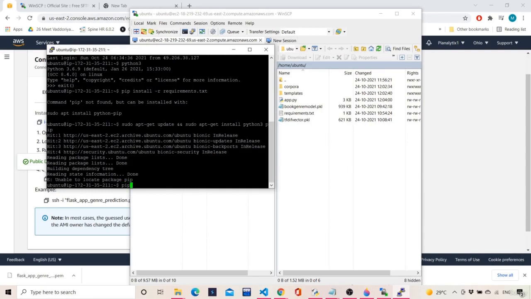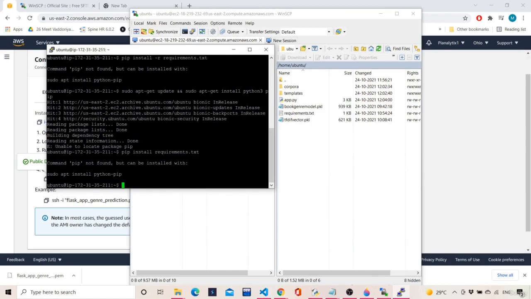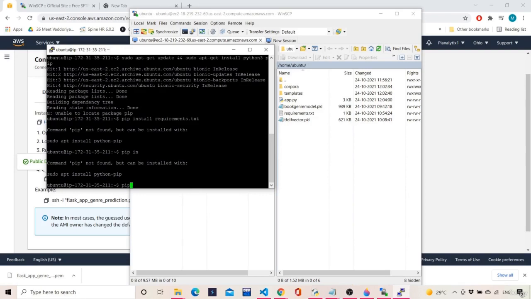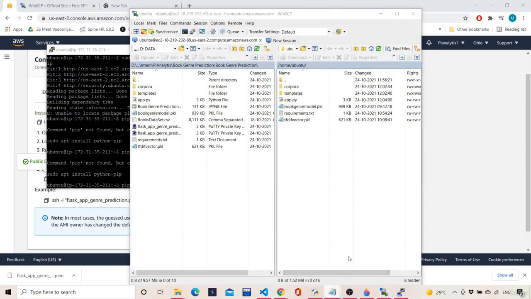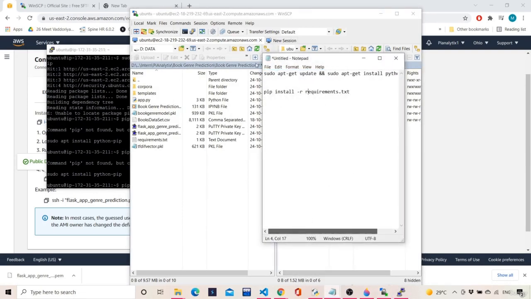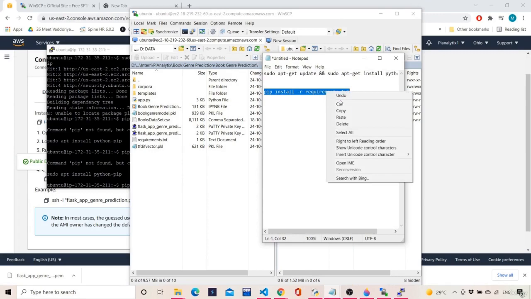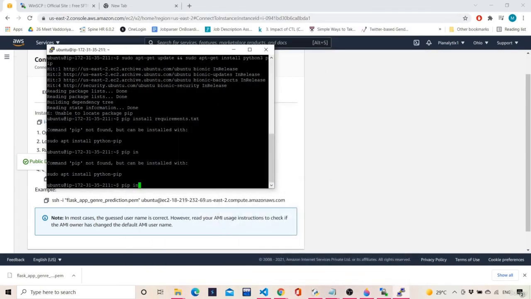So let me just type in pip install requirements.txt, pip3 install. Okay, pip install, just copy this. You always get these kinds of problems when you're working in AWS, so this is common.